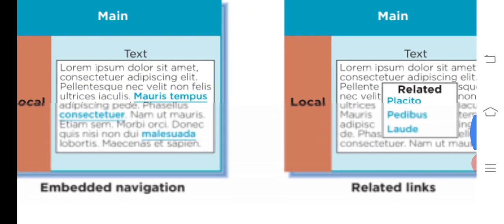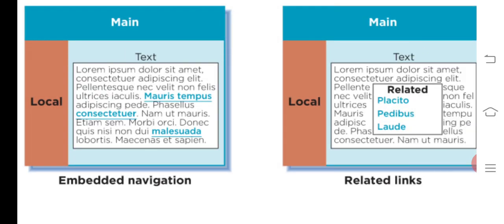Already we saw this type of embedded navigation. Main is on the left side. Main is on top, then local is on the left side. It is an embedded navigation. All the information text is inside, so the related links are within the text only. This example is like that only. Already this type of embedded navigation was discussed. Same type: it is only text, in the middle of the box.